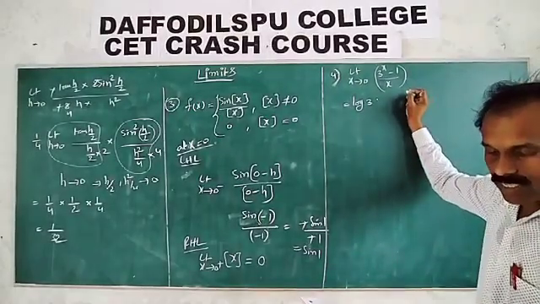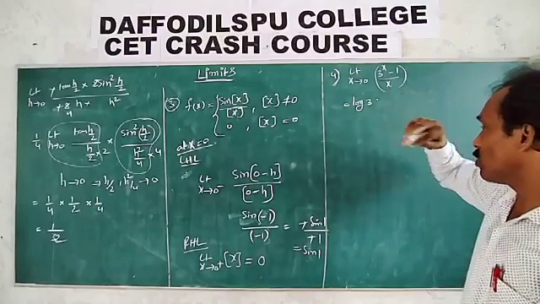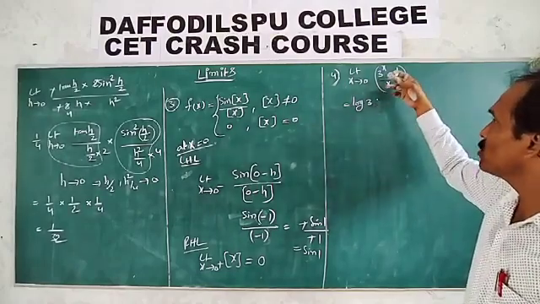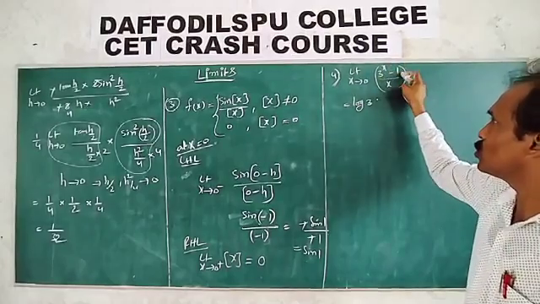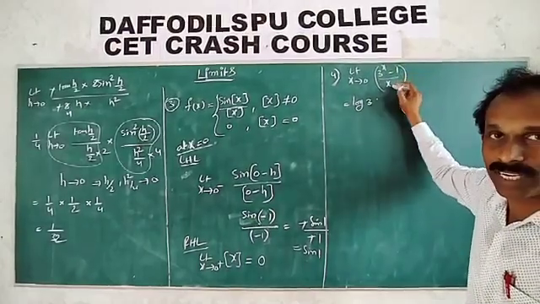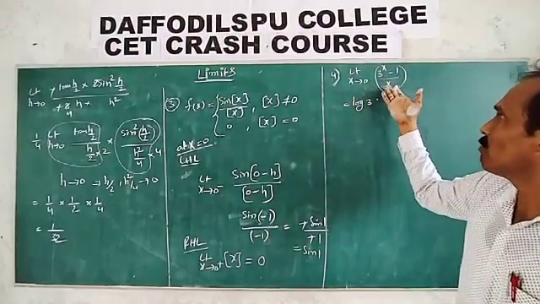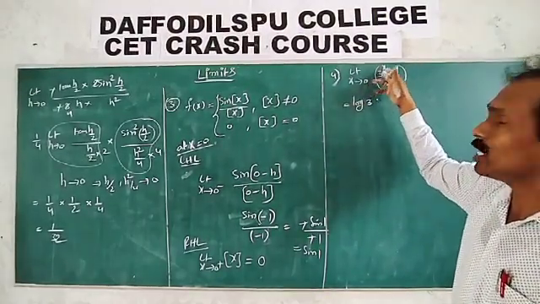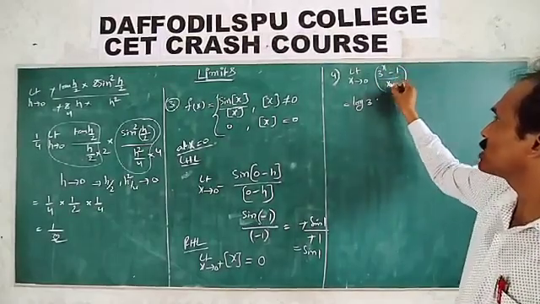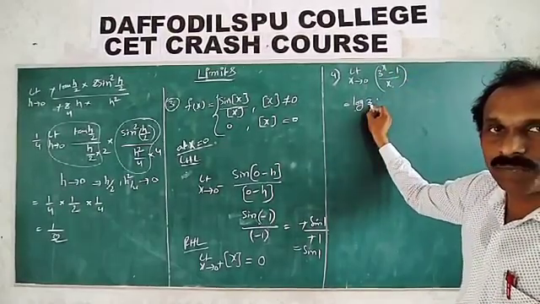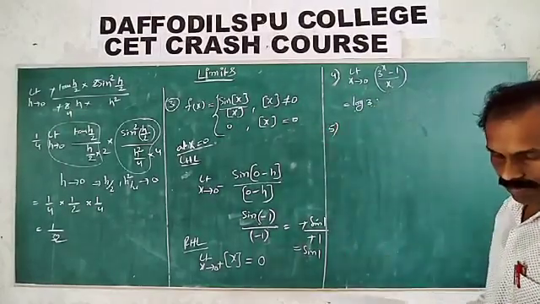Clear? So third option, direct dependent formula. No need to check out. So remember the formula. Otherwise, if you substitute 0, 3 to the power 0 is 1, 1 minus 1 is 0, divided by 0, so 0 by 0 is an undetermined form. Apply L'Hospital rule, the same answer you will get. Otherwise, remember the formula: limit as x tends to 0 of (a^x minus 1) by x is log a to the base e. So log 3. So direct answer.